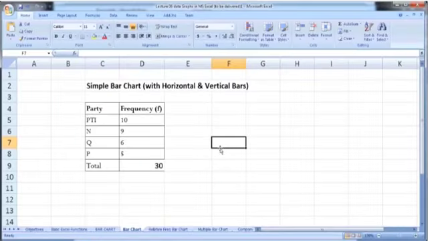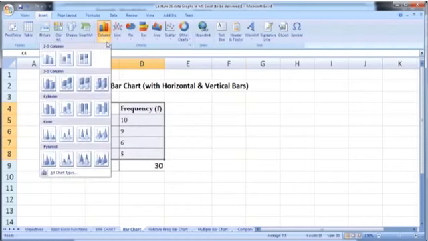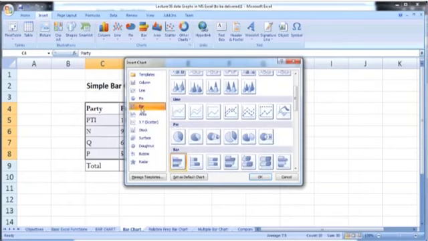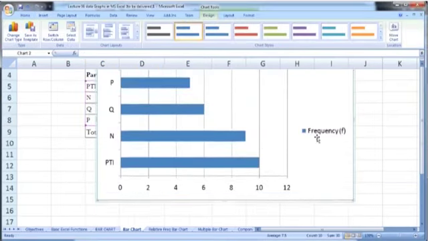So suppose now you want to create a horizontal bar chart. Again select the data, go to insert, columns, and select all chart types. Here is the column, and here we have the bars. Now you can see that the bars are in horizontal direction. So select this first option, click OK. So this is the same chart. You can provide a suitable title, x-axis title and y-axis title as well. So this is how you can construct a simple bar chart in Microsoft Excel.